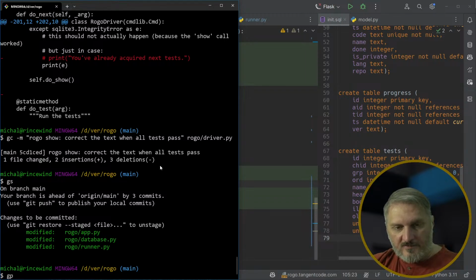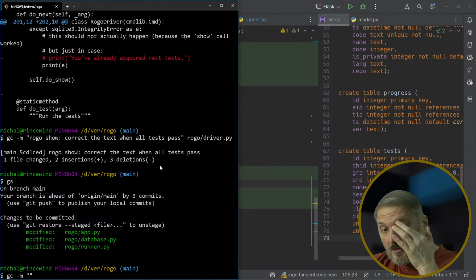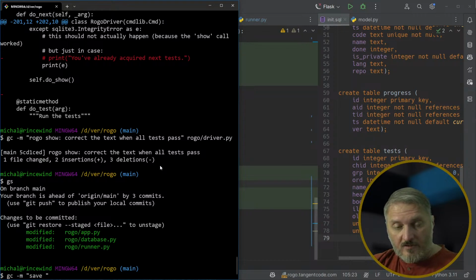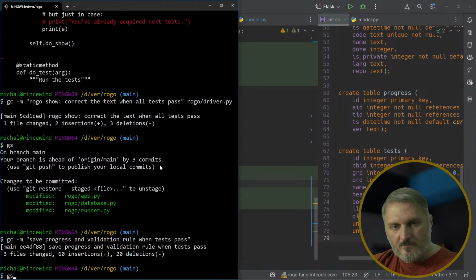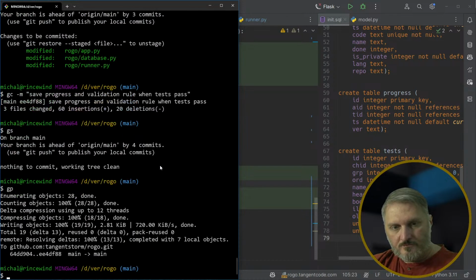And then these are all git commit -m, which is gc -m. These are save, so save progress and validation rule when tests pass. Okay, so now I need to